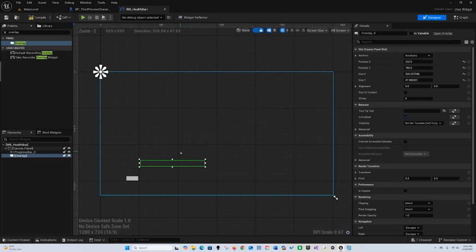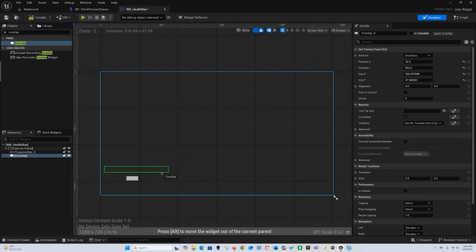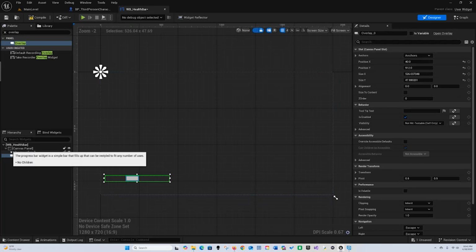Now this overlay, I'm going to grab it, if it lets me grab it, and put it right here. So we got the overlay. The overlay should be on top, so we're going to just move it here, kind of like working with layers. So we got the overlay, we have the progress bar,